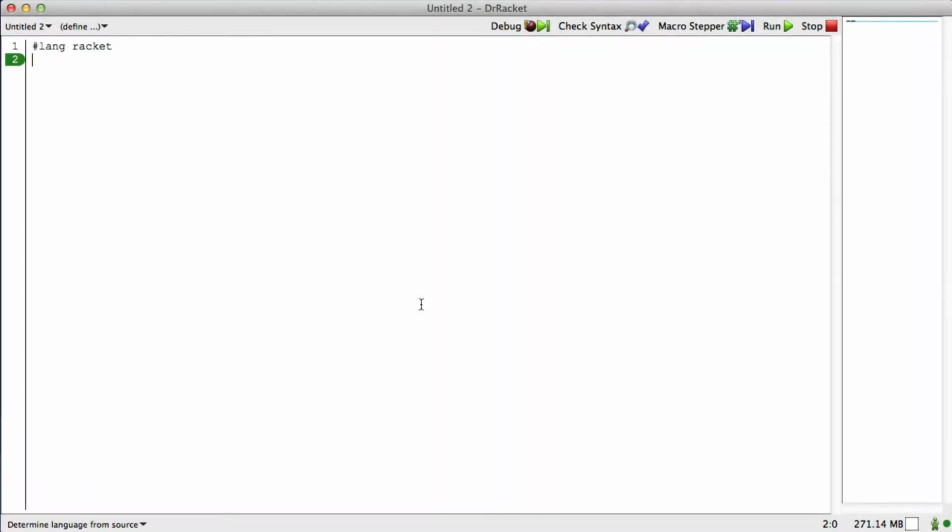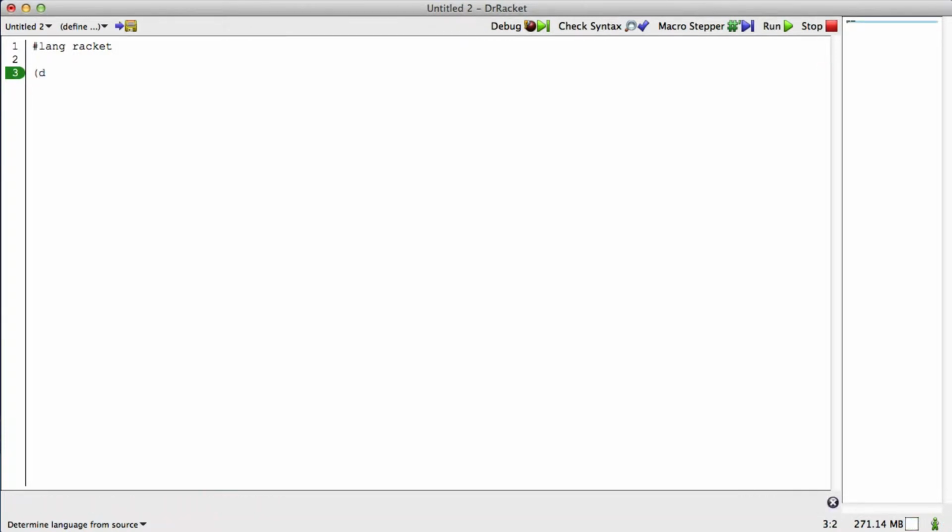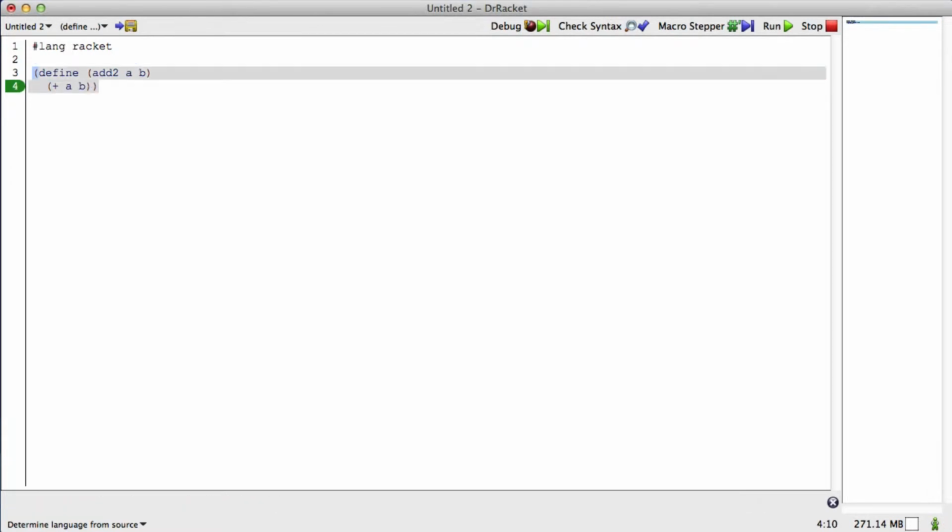There's been a question or two about Buzzmaker, and I'm going to give you a sort of an equivalent problem. I'm going to define a function called add2 using our function definition syntax. It's going to return a and b added together. And I'll go ahead and write a check-equals statement